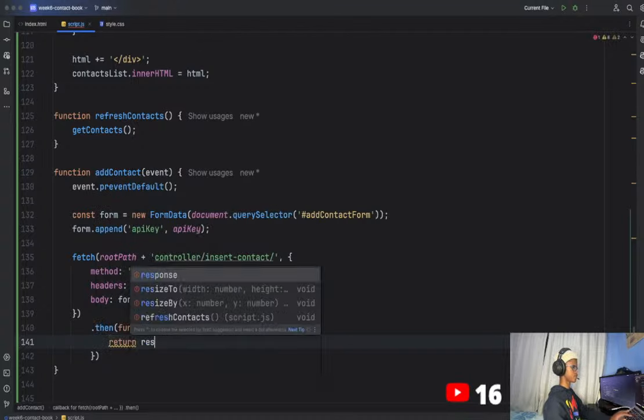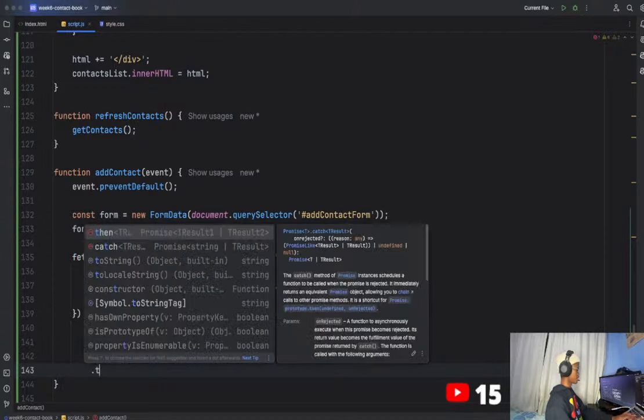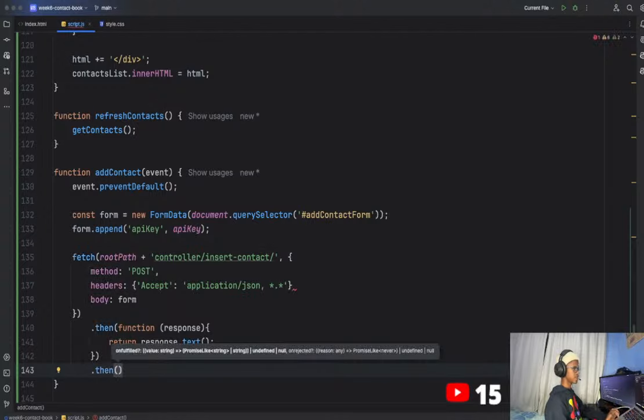You want to return response dot text, and then now you've returned the data you would have got back from the API once you've posted information, right? Now what we're gonna do also is do something with that data, right? So we're gonna do another dot then. So the data we get back has to be